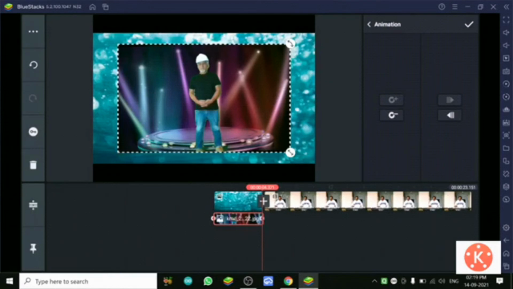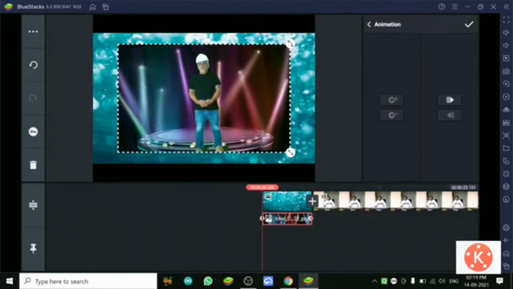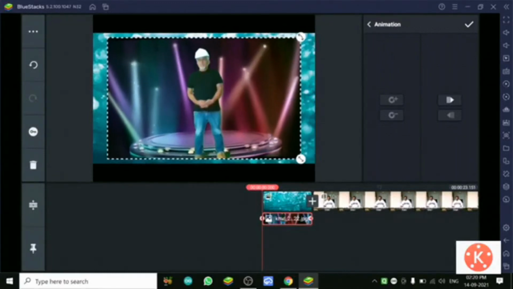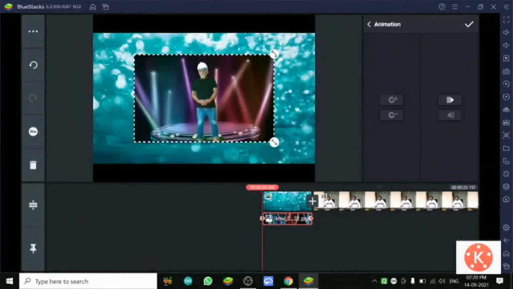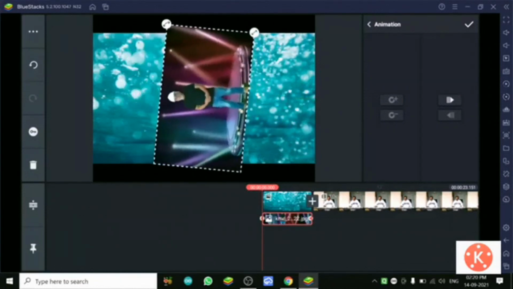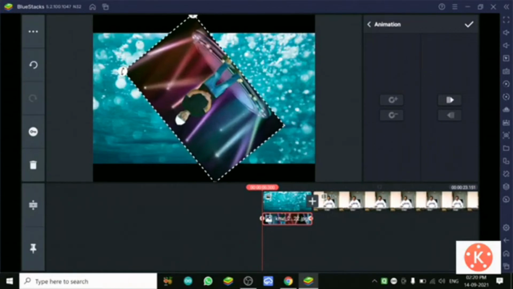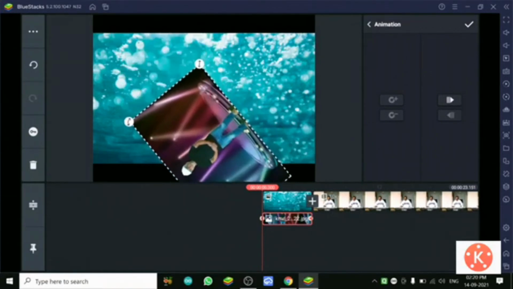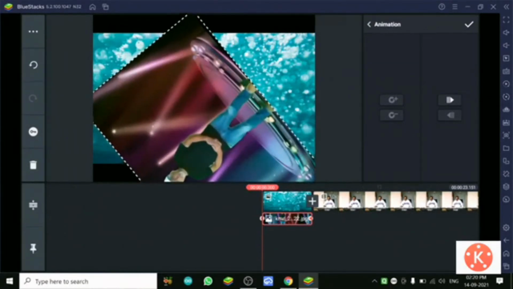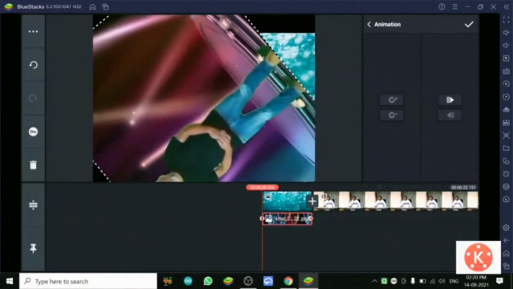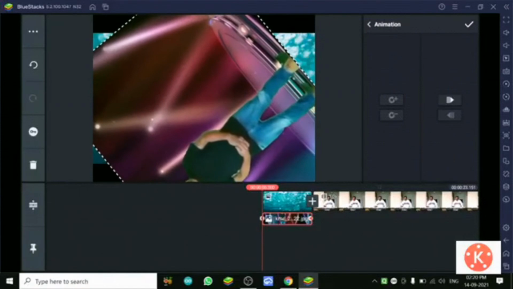So I have chosen my complete video, both the ends, with these two dots, with the help of the key at the left side above the bucket. Now I bring it again in the starting. Now I will make the position of my video in starting what I want. See how it is rotating, it will come back in the same way. So I make it rotation in the left side and will fix it somewhere. It's okay. So from here it will start rotating.